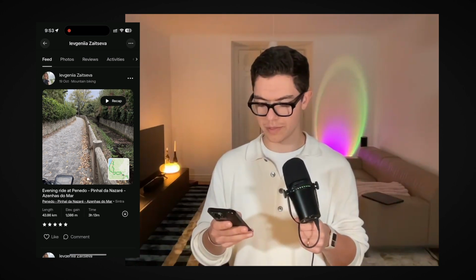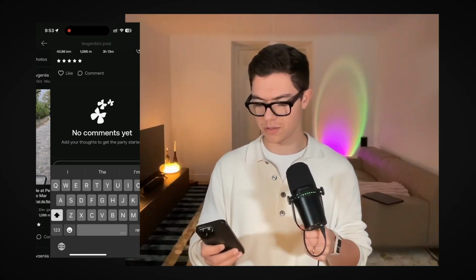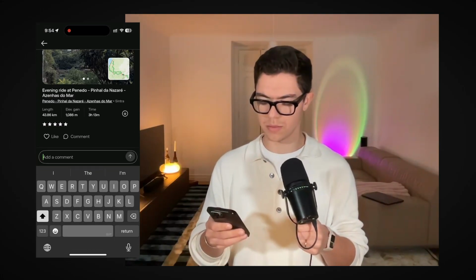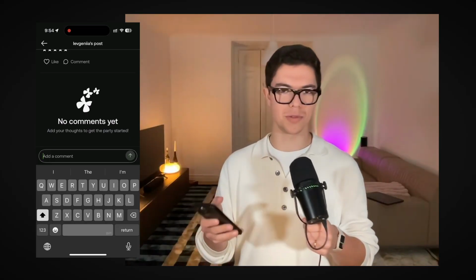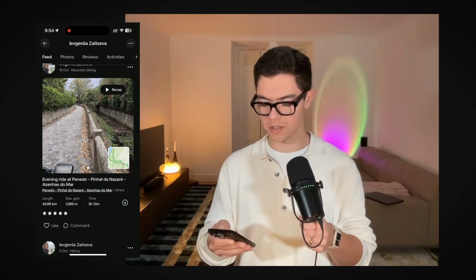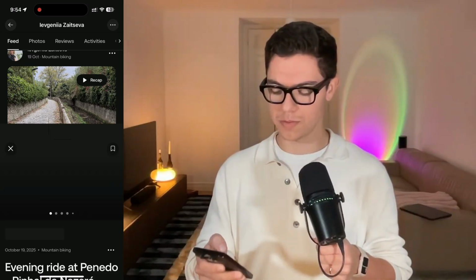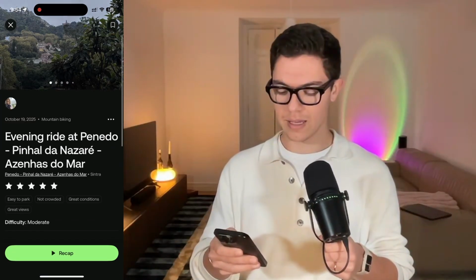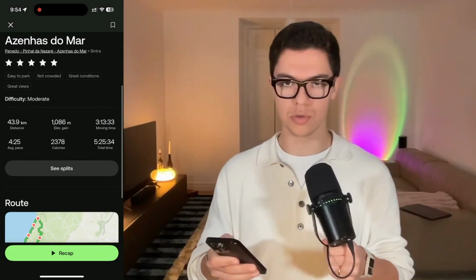Let's see what the comment looks like. Okay. So it takes you to a fully separate page and opens the keyboard. Nice touch that they opened the keyboard. Not so nice that it takes you to a fully different page. But speaking of different page, let's go into this specific activity, tap it, and it has a very similar view to just the